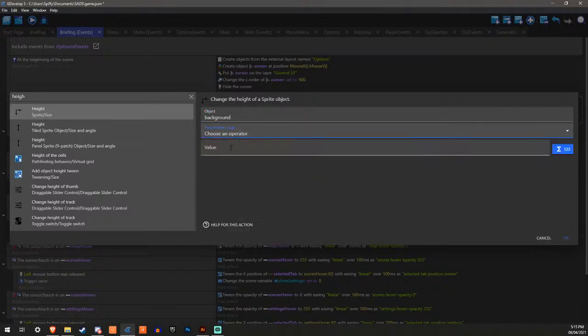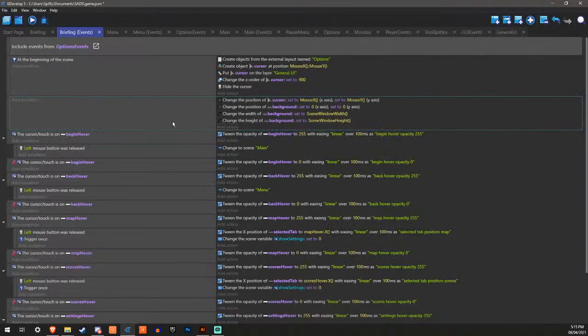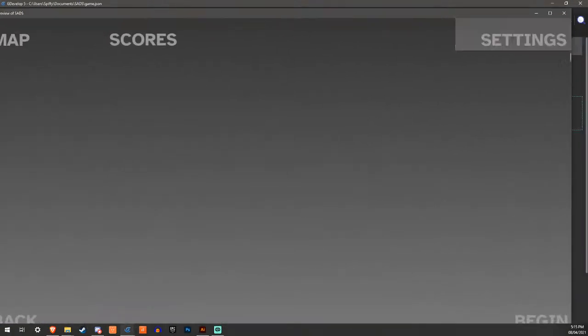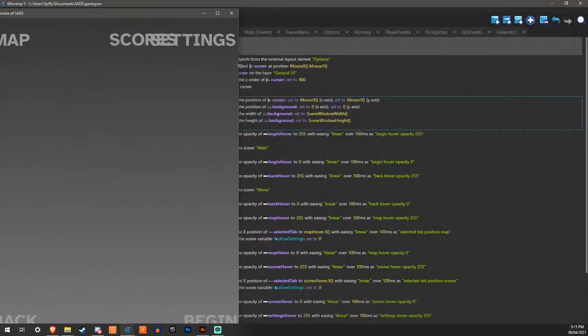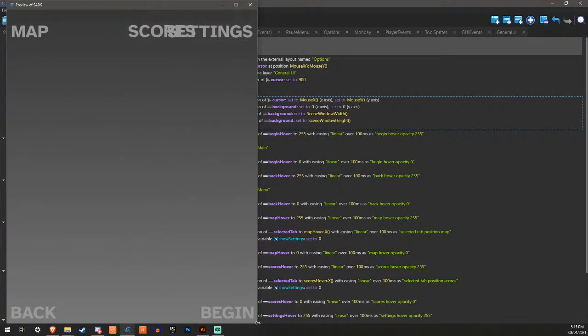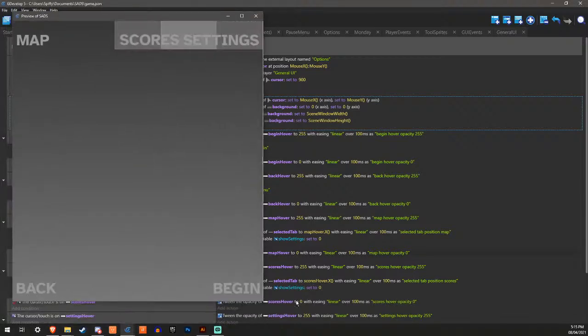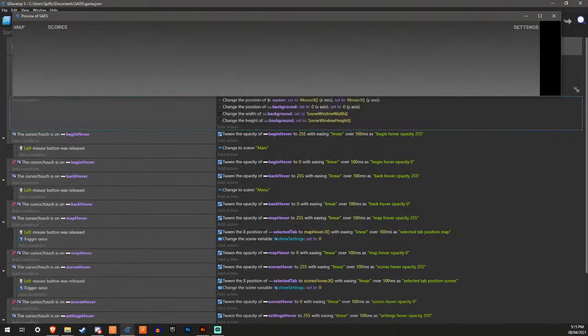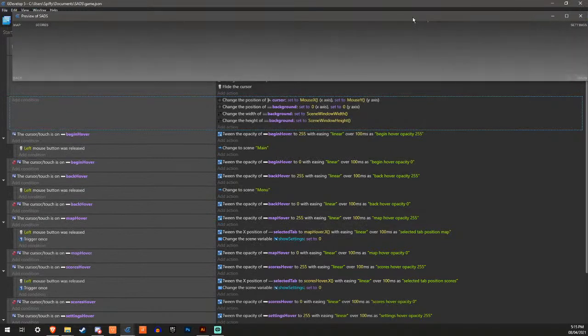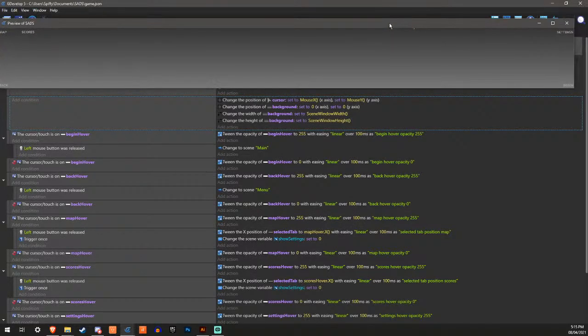Change the height of it to the scene height. So it's going to be the size of the scene. Remember to set how much you pull it. It's got some kind of weird contortion. Like so. It's always going to be the right size.